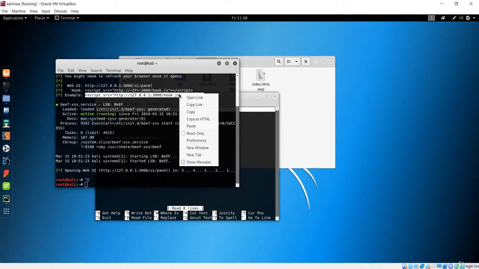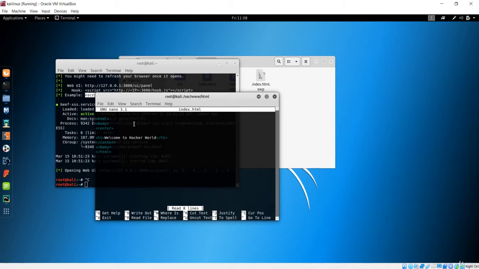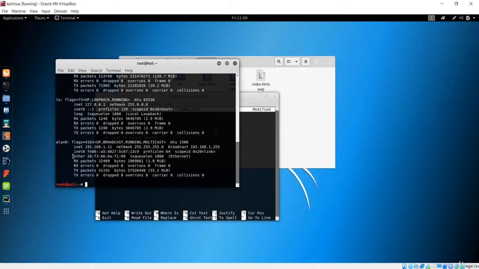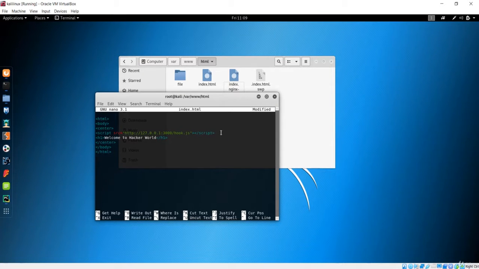To copy, you can simply copy from here, and after this center tag I'll paste it down here. You can see this is our IP, or basically this is the localhost. We have to change this localhost to the Kali machine IP. So let's go over here, and let me type ifconfig to get the wlan0 interface, and here I want to copy this, which is the IP address of this Kali machine. Go over here, and you have to change the IP. I'll say that now the IP is